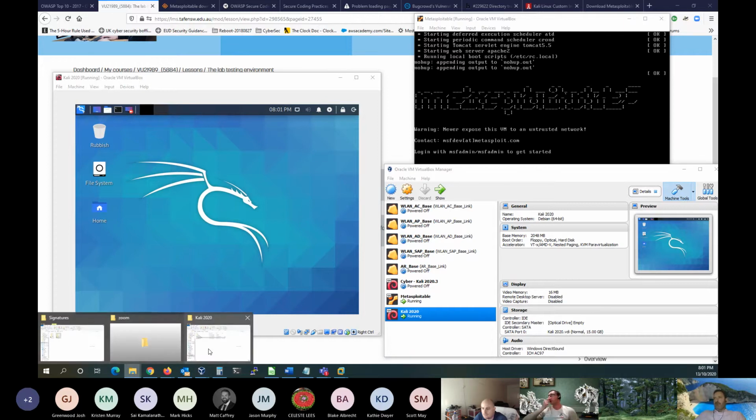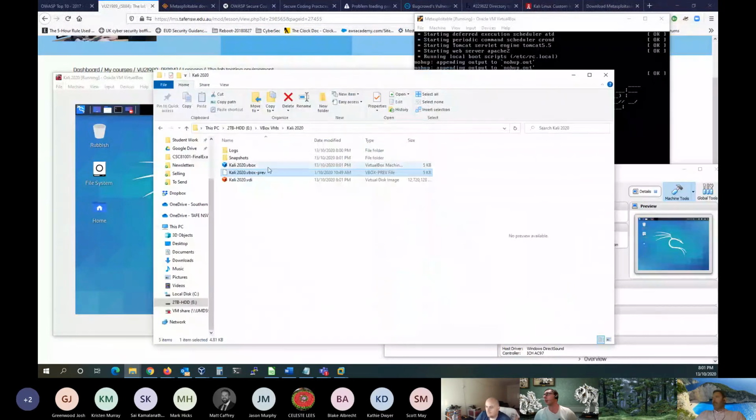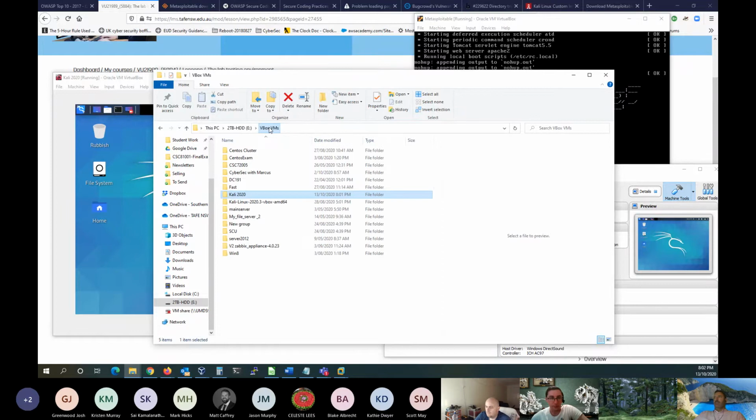So what we got from the website was basically a pre-built virtual machine. But let's see, this is what VirtualBox's ones look like. You end up with a VirtualBox preferences file, which is just a text file basically. And then you've got a hard drive, a VDI file. And then you've got some other stuff, some snapshots and logs. This is where those sorts of pieces go. So your VMs are just a few files. What we downloaded